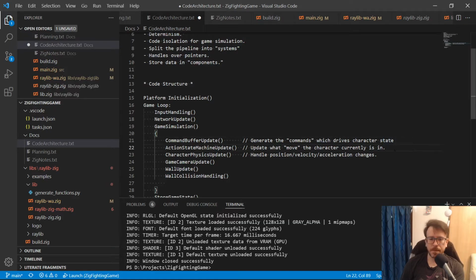But basically the idea is we'll take the player's input here, generate the commands, and then within the action state machine, if we say press light punch, then we want the character to transition into the light punch animation along with all the other properties of that move, right?